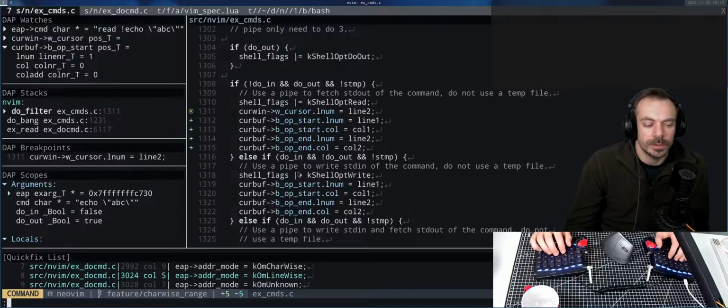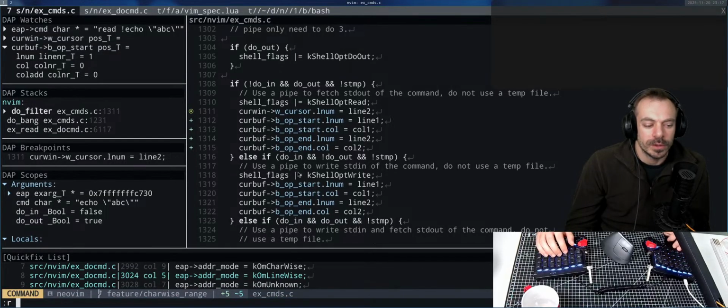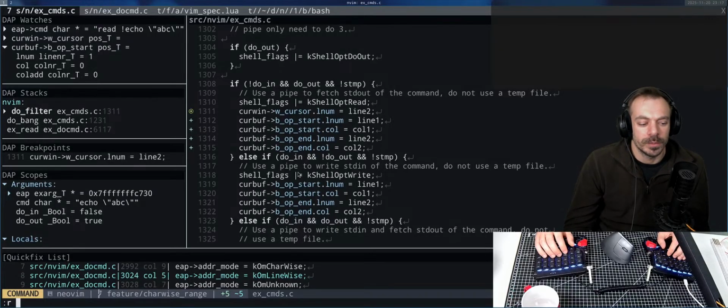And when I do the read here without specifying an explicit address, and when you think about handling of the addresses charwise and linewise, so if I would try to translate the default address